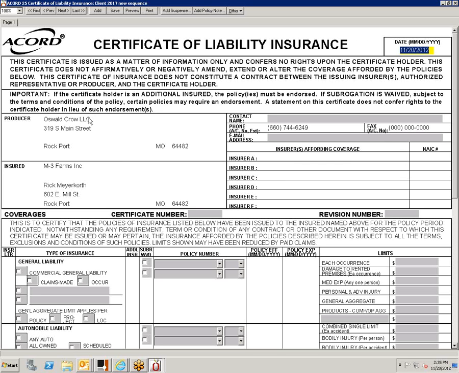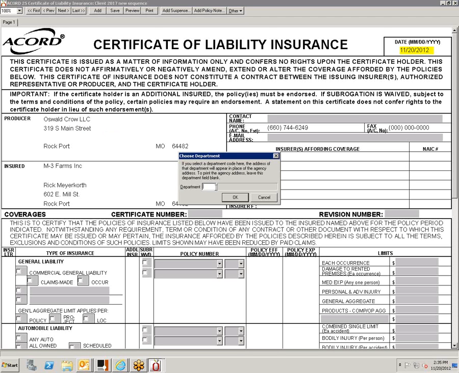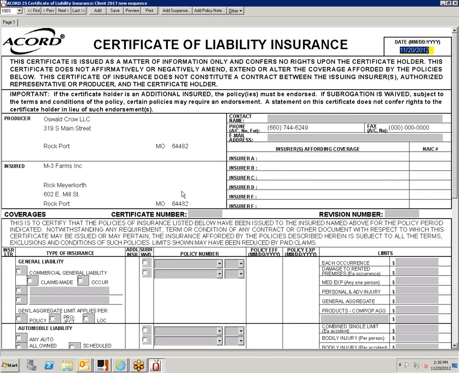All right, so if you right-click over there on Oswald Crow, you can find that department again. So use the department address, and you could put department in there, and it would have the right address. Then you would come up here and put your contact name and your email address. So you're going to be the person that they're going to contact.